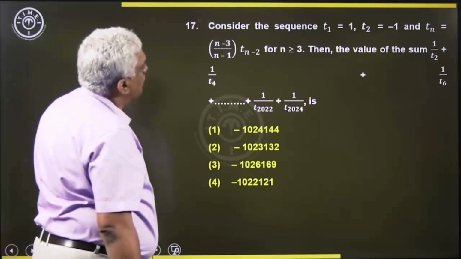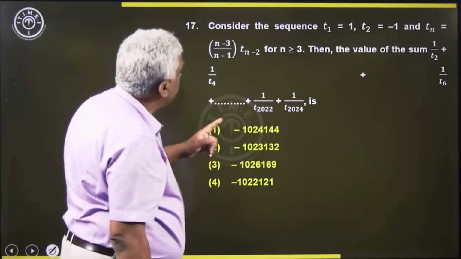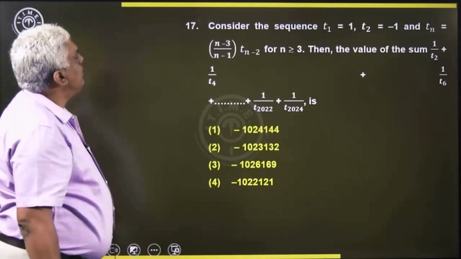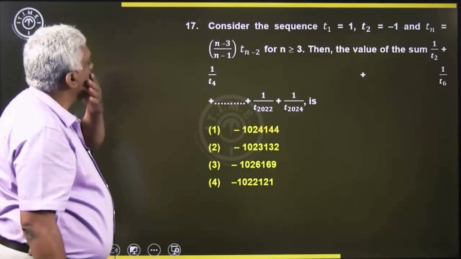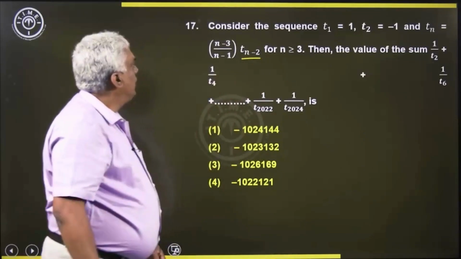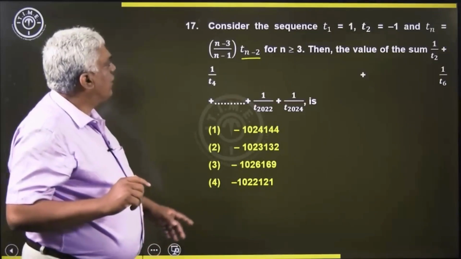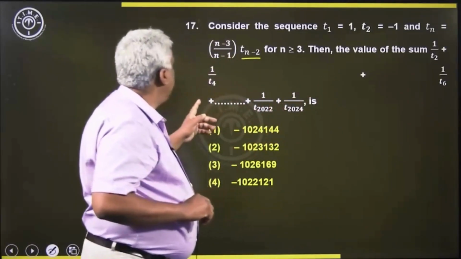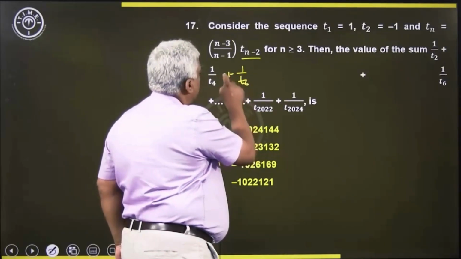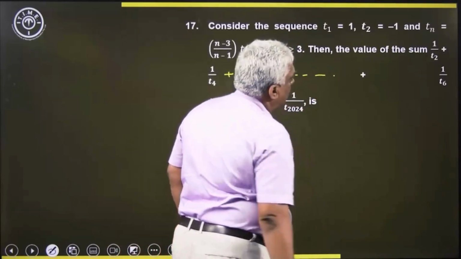Now there is a sequence: T1 is 1, T2 is minus 1, and Tn is equal to (n minus 3) by (n minus 1) times T of (n minus 2), for n more than or equal to 3. Then find the value of 1 by T2 plus 1 by T4 plus 1 by T6, 1 by T8, etc. till